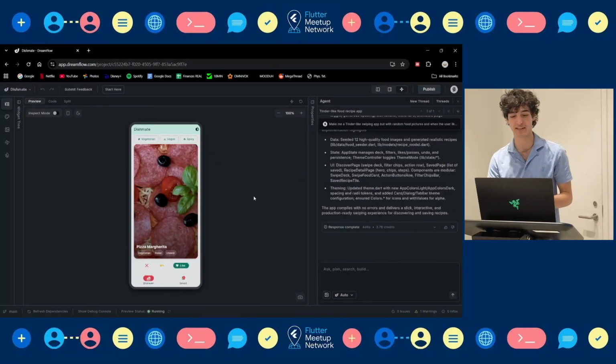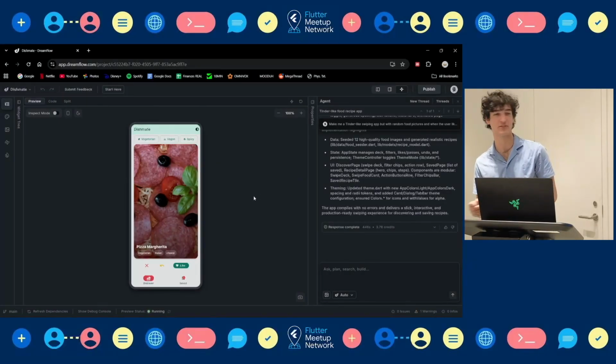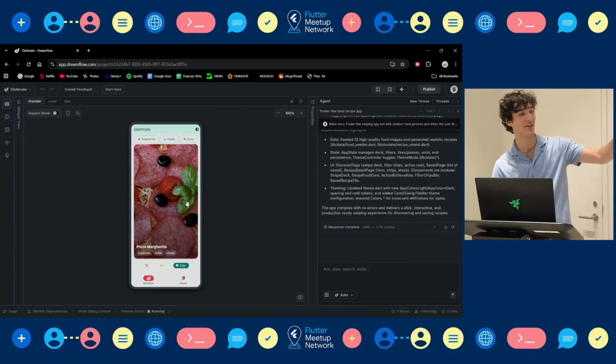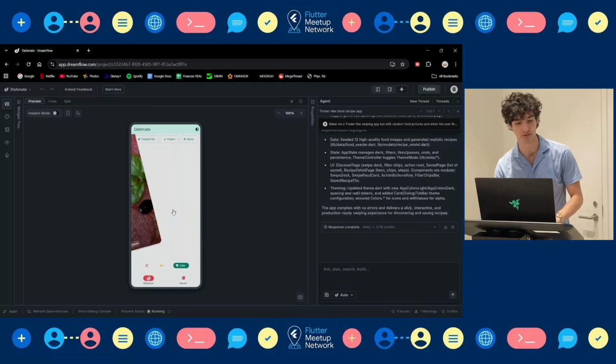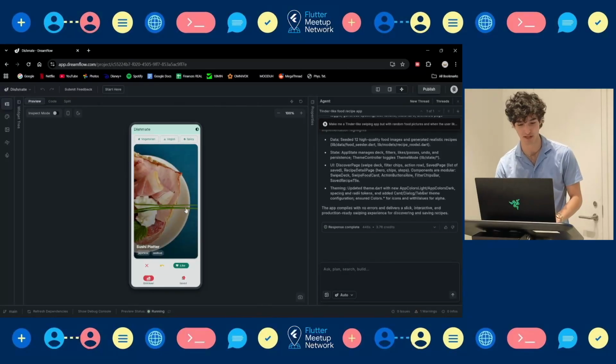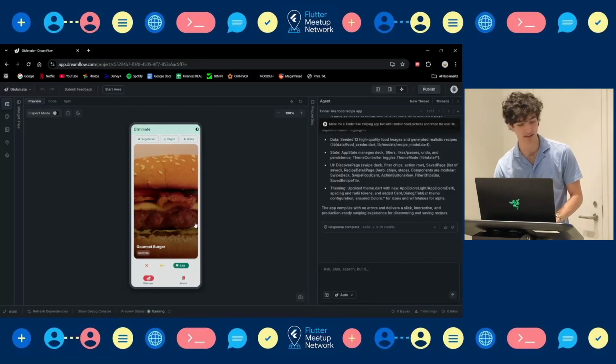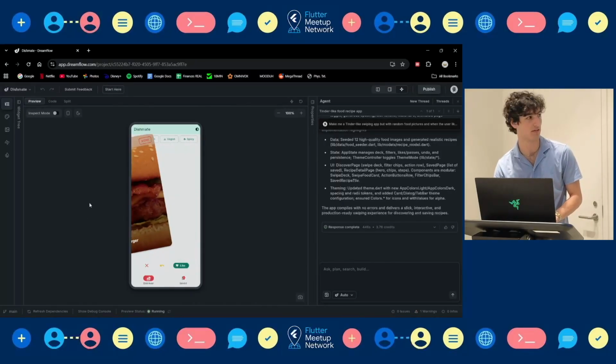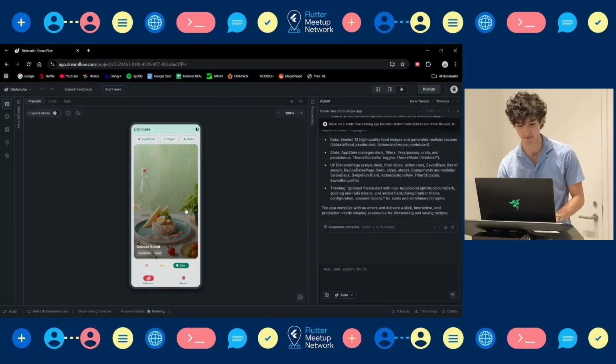Okay, so the idea was like a Tinder app, but for food, and then you swipe, and if you like it, then it gives you the recipe. It did not work. But look, you can swipe, and that's really cool. And then you get this sushi platter, which, well, it's not a sushi platter. My favorite, there's one of them in here. It's a ramen bowl. Where is it? Oh, uh-oh. Caesar salad? Yeah, this one's good.